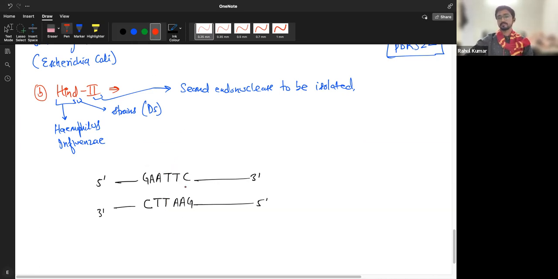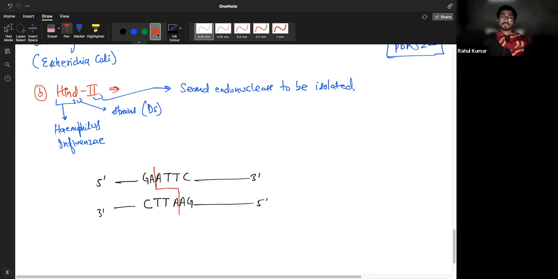What it does, on both the strands, is cut between the same two bases. Let's say in this case it is cutting between A and A. So here also it will cut between A and A, right? But the benefit of cutting between these two is that you can actually do